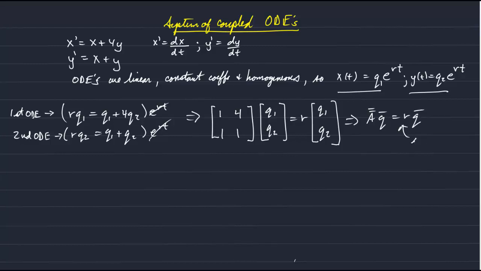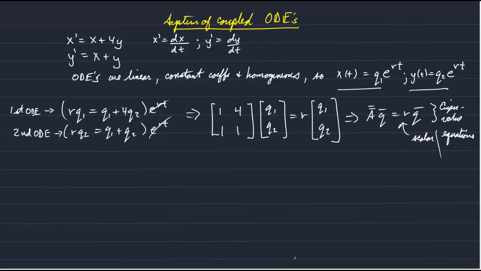And r is a scalar quantity, so this is an eigenvalue equation. In other words, when we multiply A by q, it doesn't change its direction, it only changes its length by this factor r. So step 1, again, is to solve for the eigenvalues,